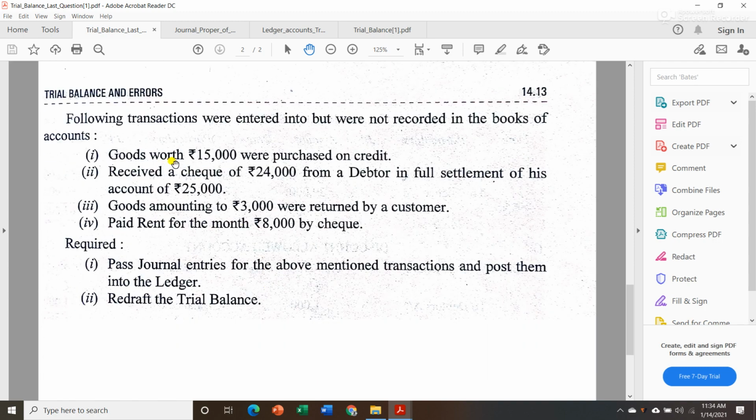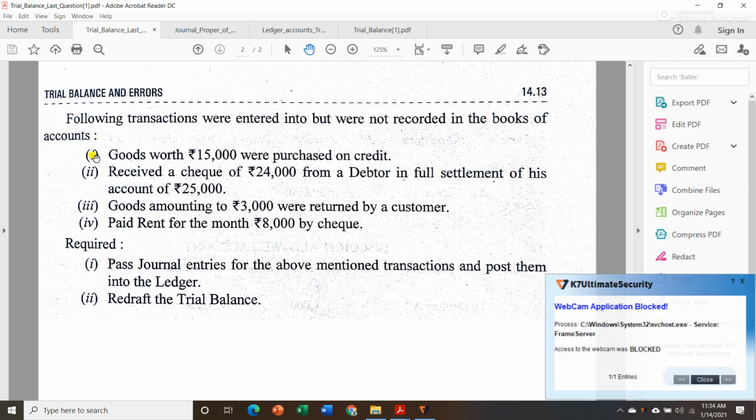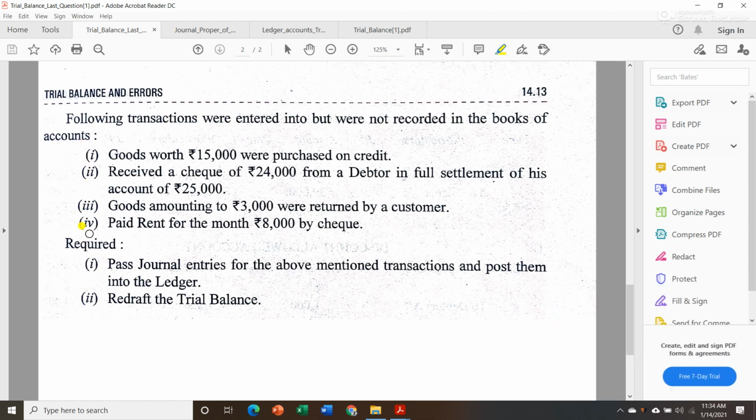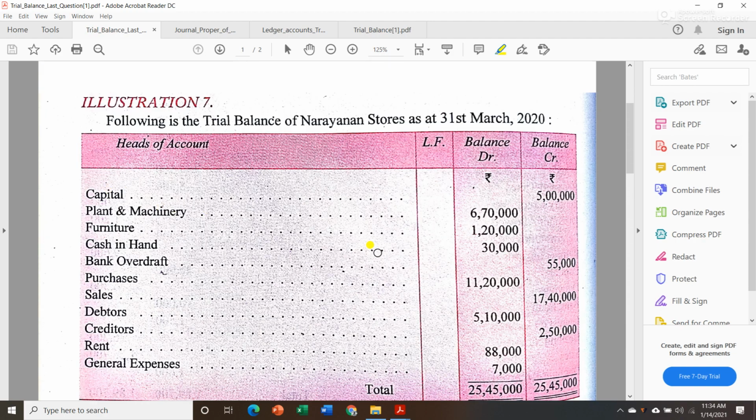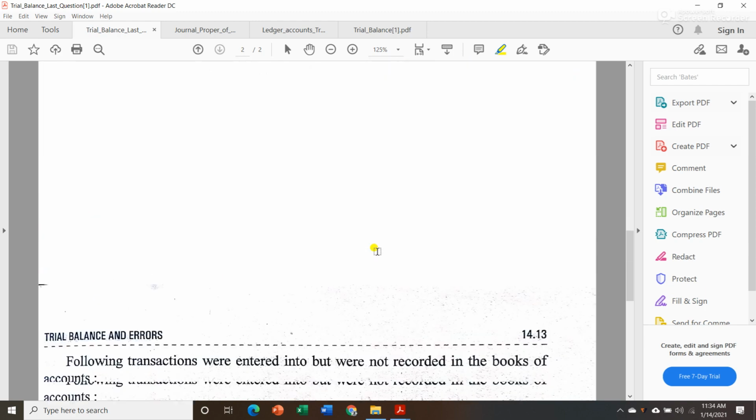There are some transactions that were entered into but were not recorded in the books of accounts. Means we just wrote some transactions like point number 1, 2, 3, 4. We wrote these transactions but we didn't enter them in our books. That means the trial balance that they have given us in the question does not include these transactions, so we have